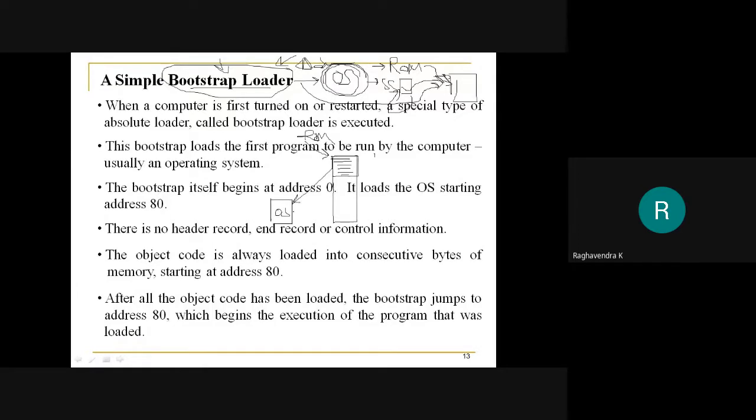So what it does is it will load the operating system in turn. See, one program started executing, in turn it is loading another program to execute. Now the operating system might have its own modules, right? So once the operating system begins to execute, it would load its modules that are required in order to start your machine and make it usable. So this process is actually called bootstrapping.